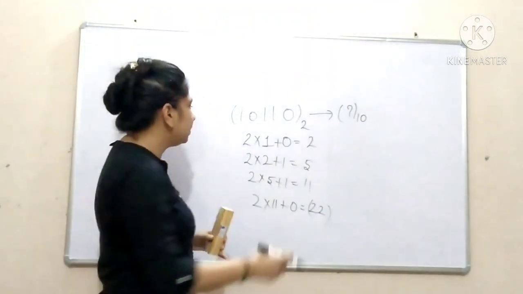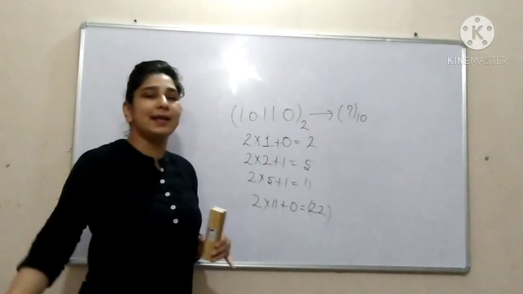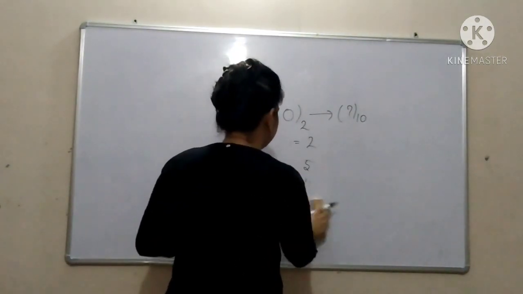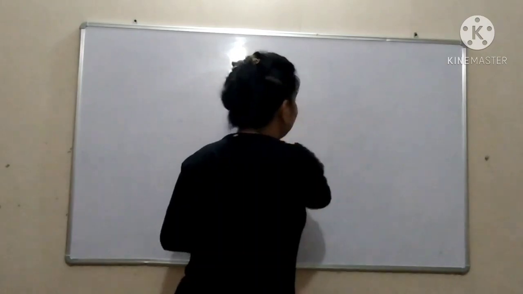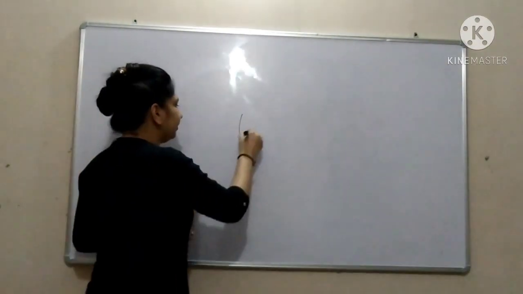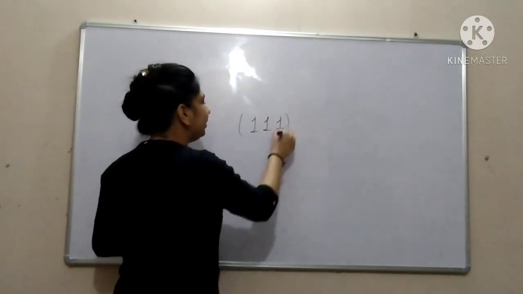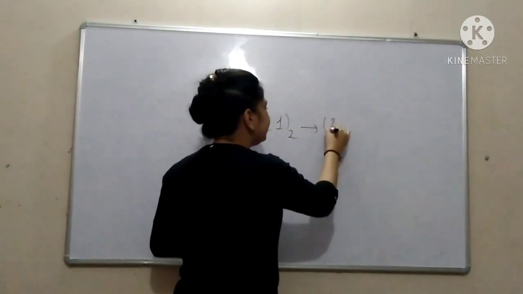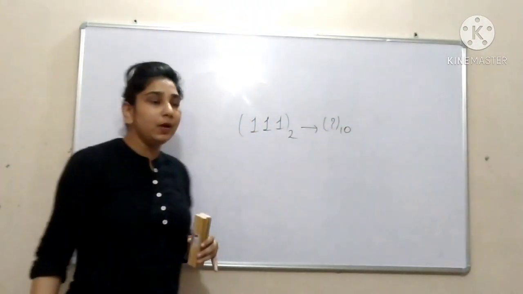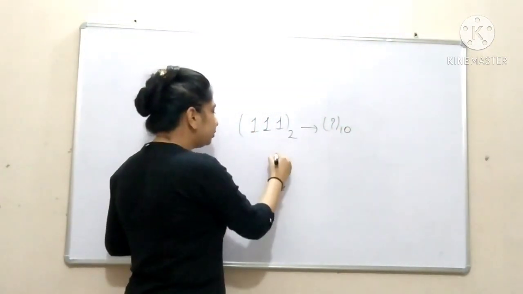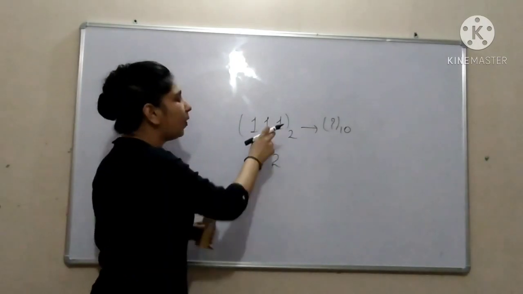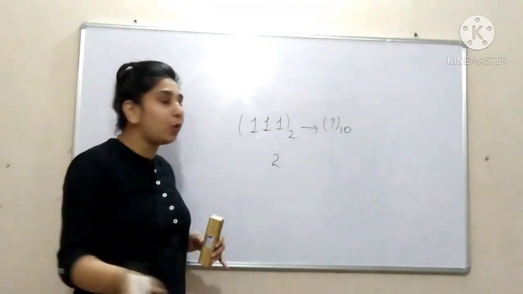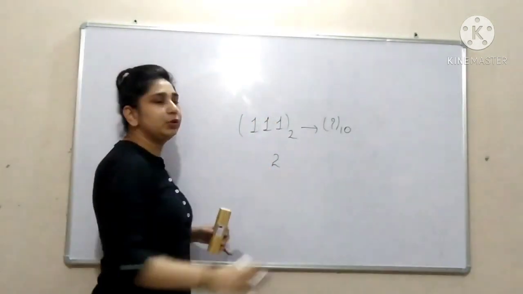So both ways you can convert binary into decimal number system. So there is one more thing to understand. Let's suppose I am giving only 1s. I am having only ones in my binary number system, and I have to convert it into the decimal number system. So how are we going to convert? 2 raised to power the number of ones. It is only possible when you have only ones. There is no 0 present between 2 ones.